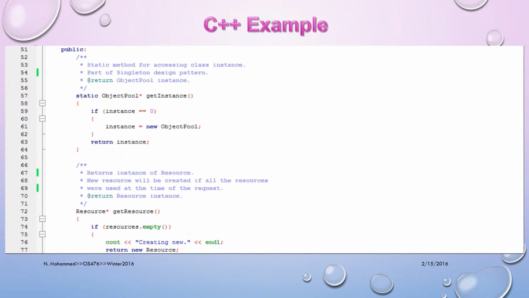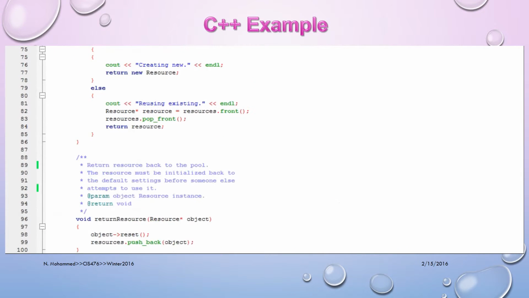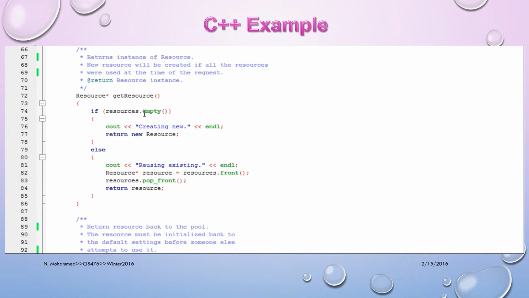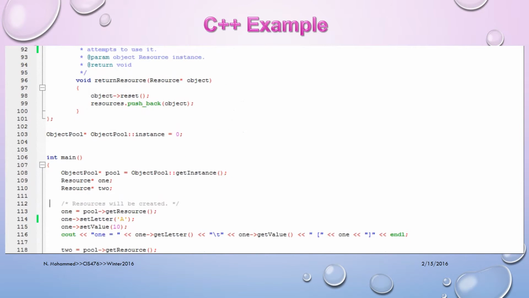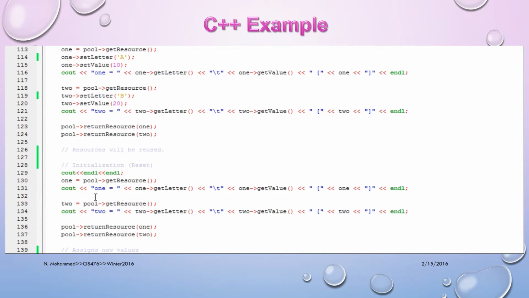This line will call the getResource function, which tests if the list object is empty or not. In case it's empty, we create a new Resource object, and in case the list is not empty, the method will pop the front item to reuse. Here, two values are assigned to the two objects previously created, and then we reset the objects, recall them again, and assign new values to them. The output of the program will be